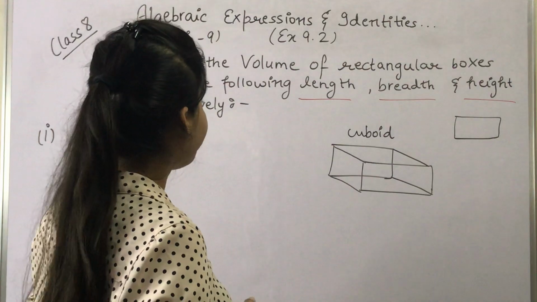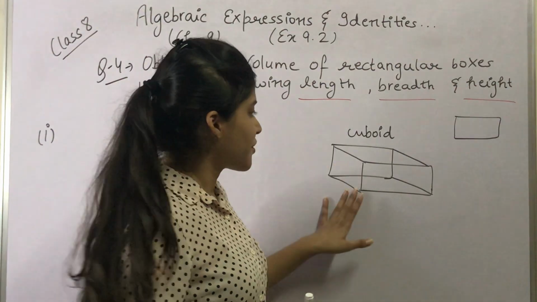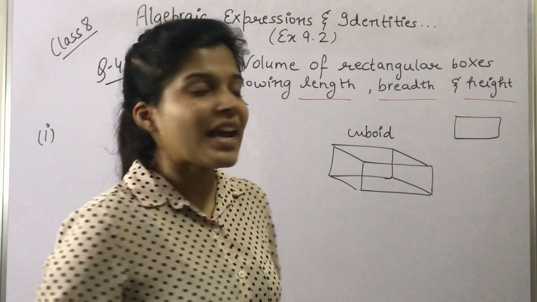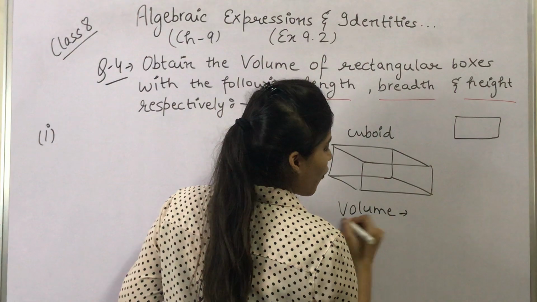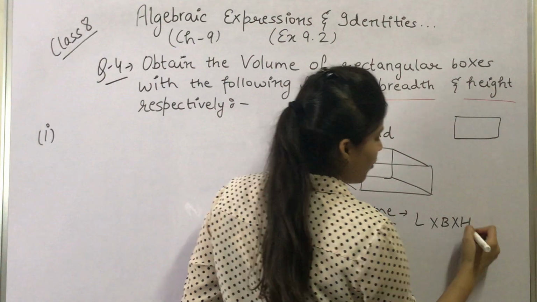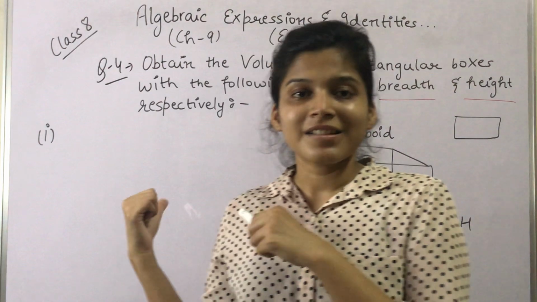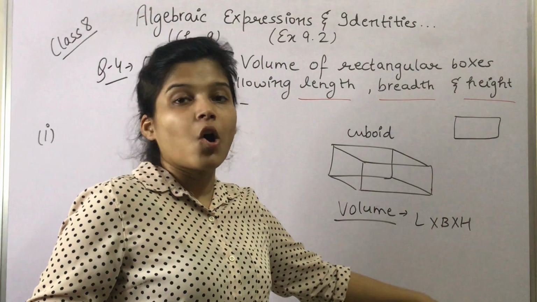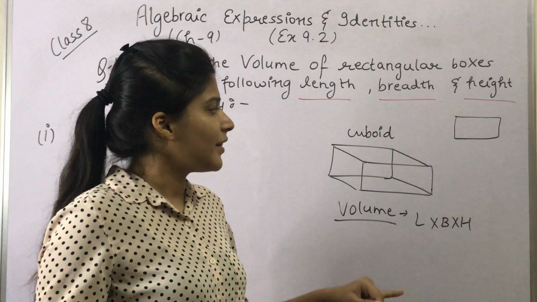Okay, so ये हमारे पास कुछ rectangular boxes हैं. ऐसा हमें बोला गया है question में. So rectangular boxes हैं. So basically we can say हमारे पास cuboid हैं. Okay, and we have to calculate the volume of these boxes. And volume of cuboid का formula क्या होता है? Length into breadth into height. Okay, so we are given the length, breadth and height in the parts and हमें उससे उसका volume निकालना है. So basically again we have to multiply all the 3 expressions. Okay, so volume of cuboid is length into breadth into height.